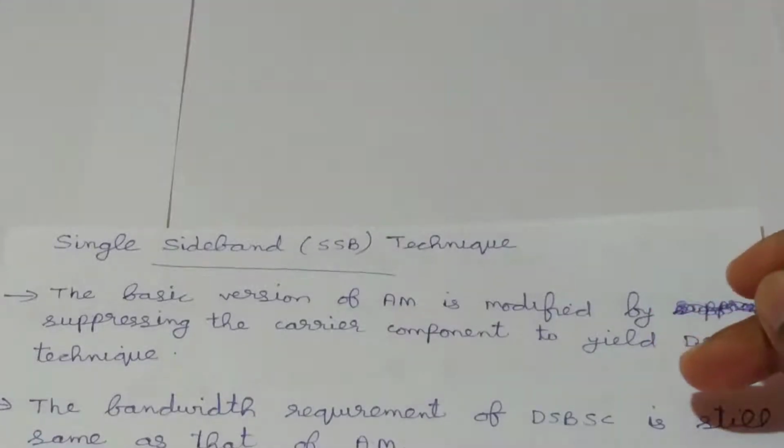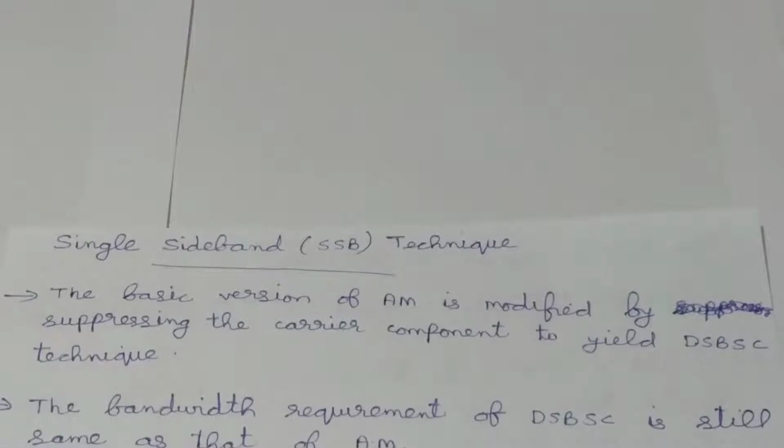Today we are going to discuss the single sideband technique. In our part 1 and 2 classes we discussed the double sideband full carrier technique, or our basic amplitude modulation technique. And in our part 3 class we discussed the double sideband suppressed carrier technique. The basic version of amplitude modulation is modified by suppressing the carrier component to yield the double sideband suppressed carrier